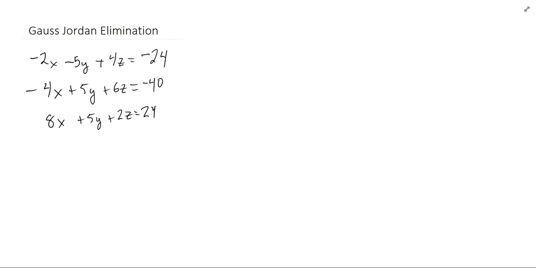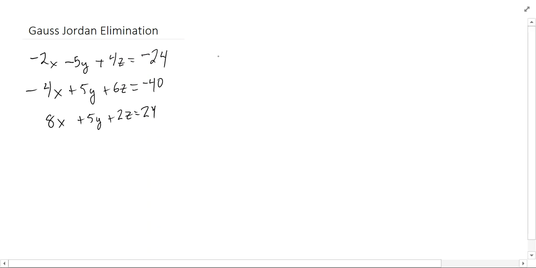Alright, our problem today is to solve using Gauss-Jordan Elimination the system of equations: negative 2x minus 5y plus 4z is equal to negative 24, negative 4x plus 5y plus 6z equals negative 40, 8x plus 5y plus 2z equals